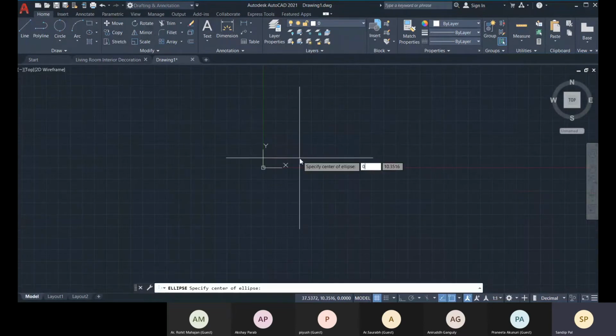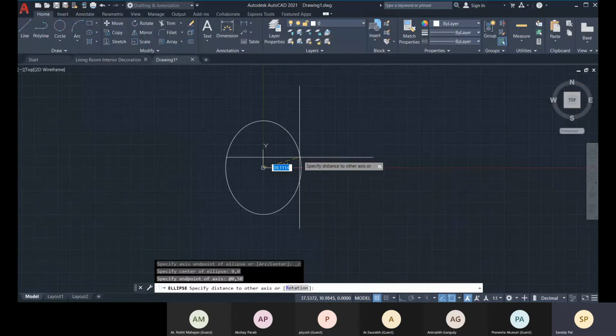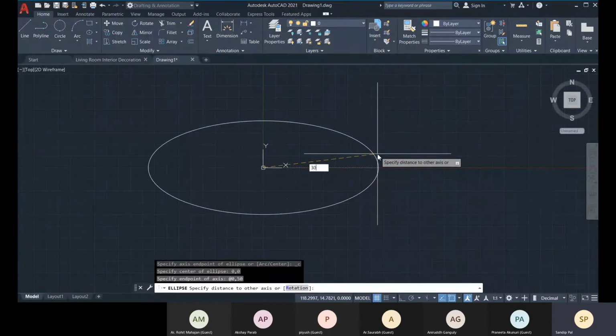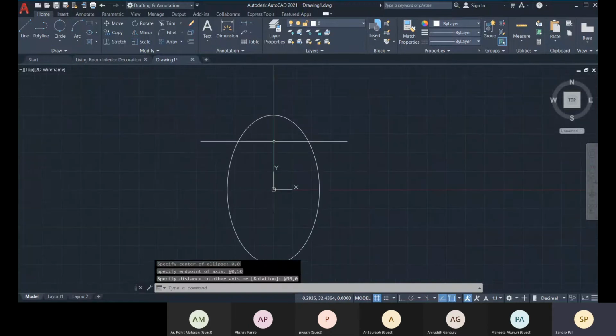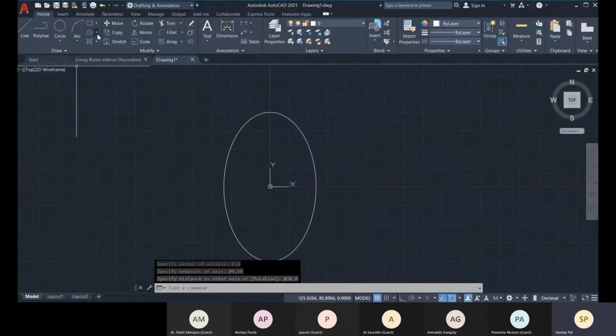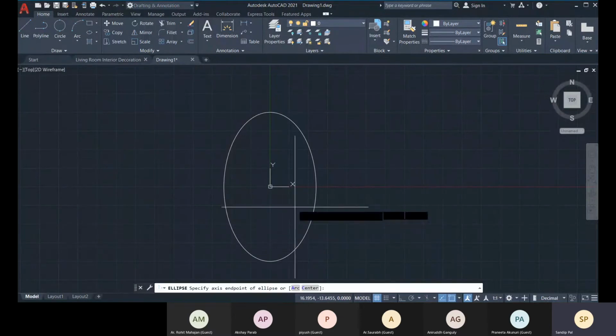Center, that is 0,0, enter, and the first axis endpoint is 0,50, and then 30,0. Now the second method: axis endpoint.